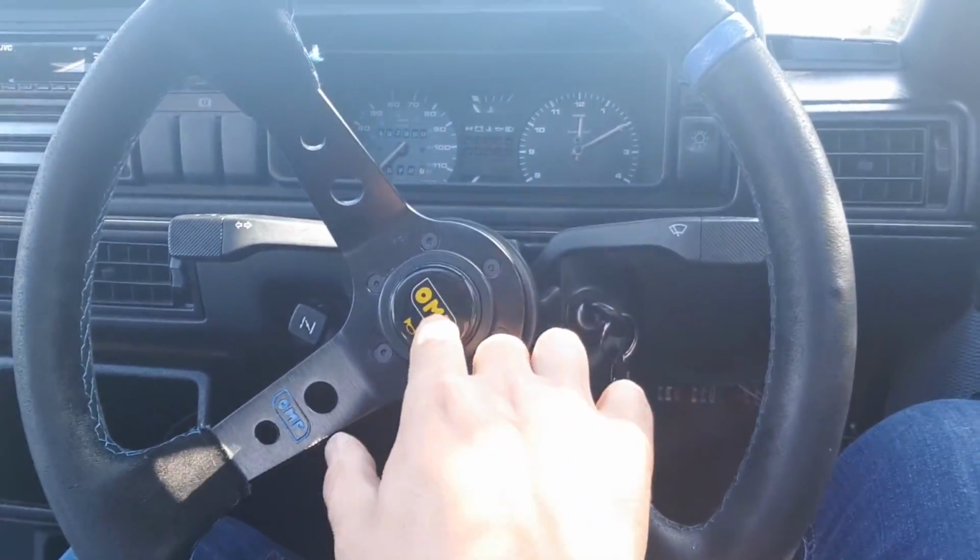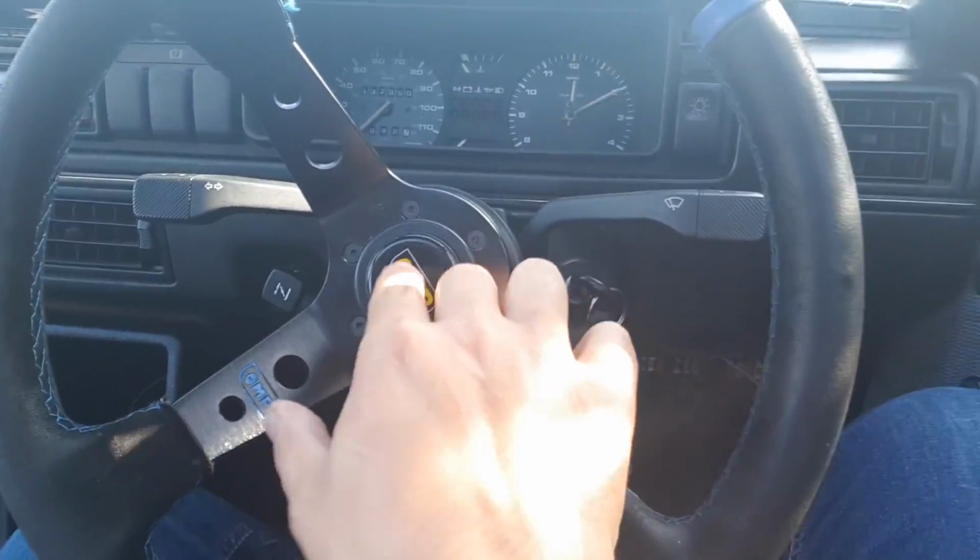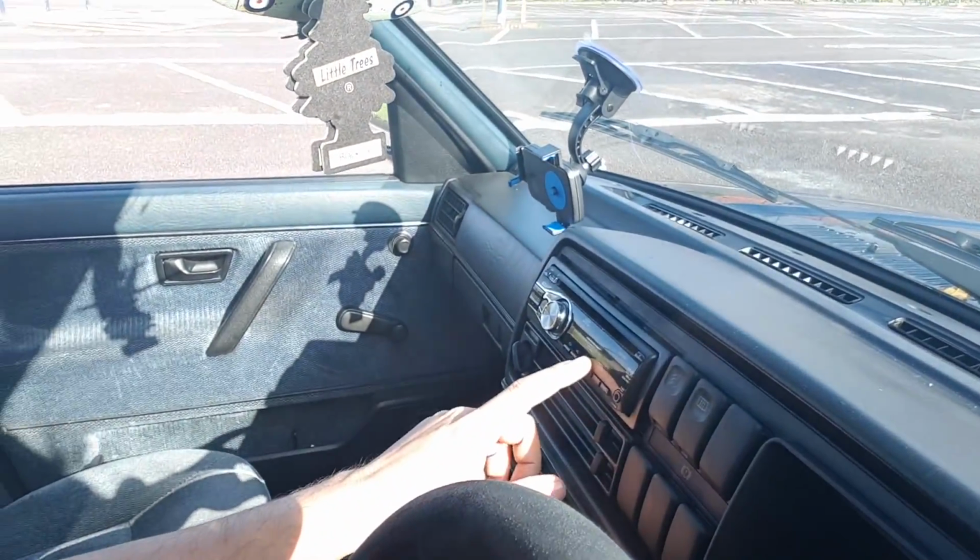Yeah, so that's pretty much it on the interior in terms of what I'm going to do in the meantime. I need to get started on it ASAP, so I'm going to do that next week. That's pretty much it I can do. I've got my Momo steering wheel. Well, OMP, sorry. OMP steering wheel. Horn doesn't work in the slightest. I haven't done anything else to the interior, to be honest. All I've done is put the steering wheel on just to give me some grip because the old steering wheel was massive and horrible. I put a head unit in, which I didn't really want to put in, but